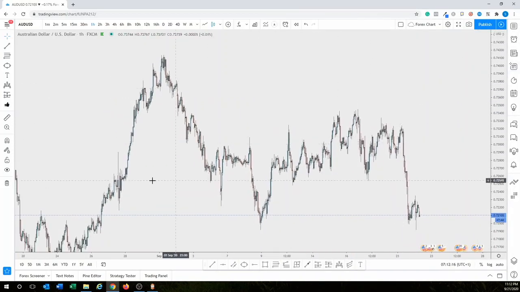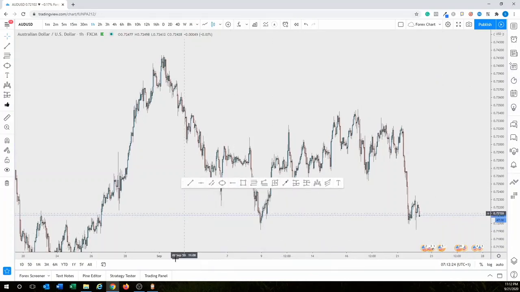Okay, so we've talked about the left side, the top side, the right side, and now let's talk about the bottom side. We're almost finished here. Okay, so here, this is just